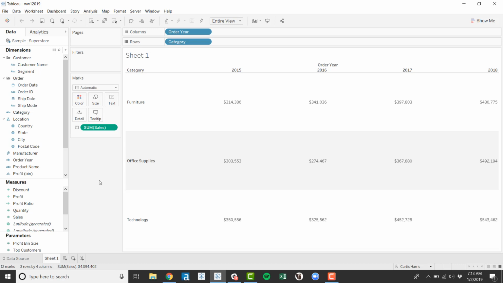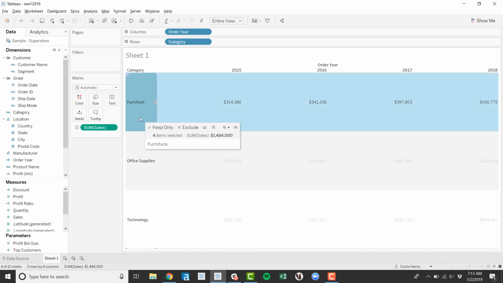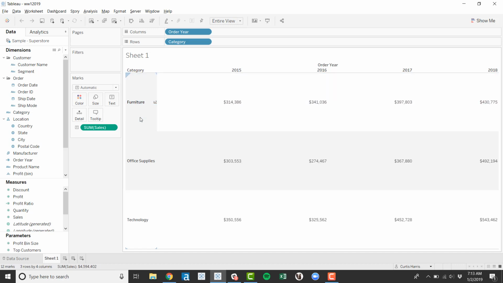Let's see how we are going to accomplish this. I'm not quite sure. So we want one row that's always here, that's always the summary for category. We need that to happen. We're also going to want to be able to click on the category and send that value to a set,